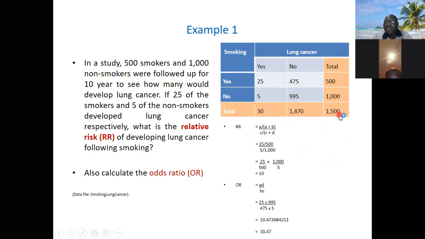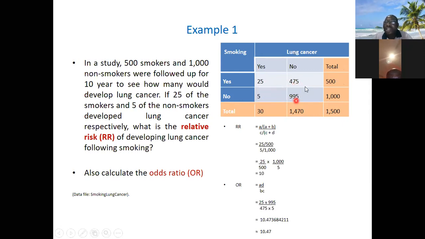So we have 1,500 people, out of which 500 are smoking, and 1,000 not smoking. So at the end, 30 in totality developed lung cancer, and 1,470 did not develop lung cancer. Either you add this to this, it gives you this. So the total is what is along the edge, but the real things are the values in the middle,